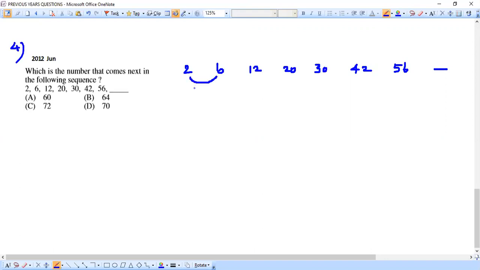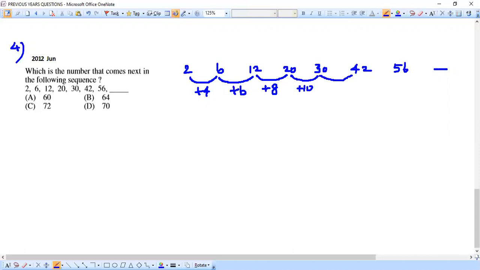What number is added, we'll just try to see whether we are able to form any pattern. So 2 plus 4 will give me 6. The numbers are very simple, right? So you also can clearly understand. Then 6 to 12 they are moving. This is 6 plus 6 they did here to get 12, and then 12 plus what number will give us 20? It's again easy. 12 plus 8 they have done. Then again 20 to 30 here they did plus 10.